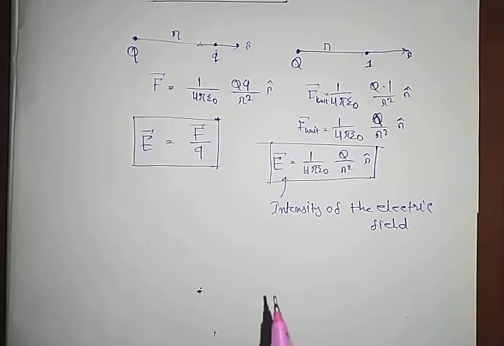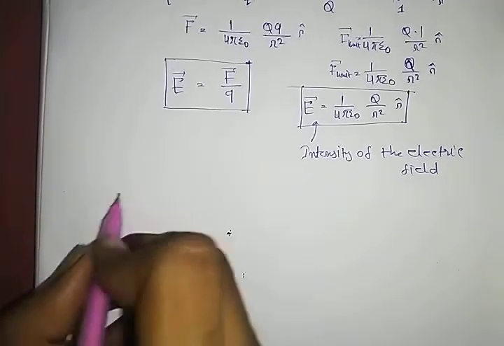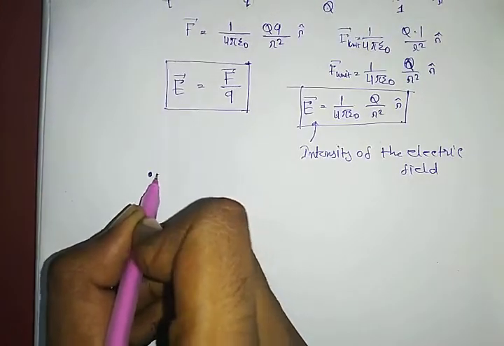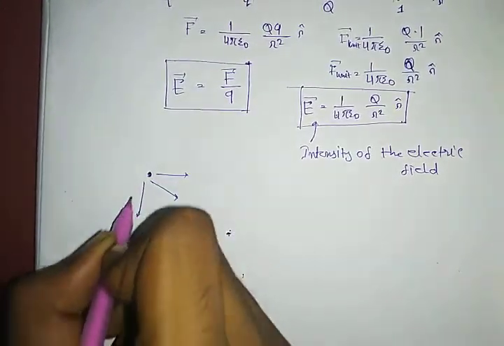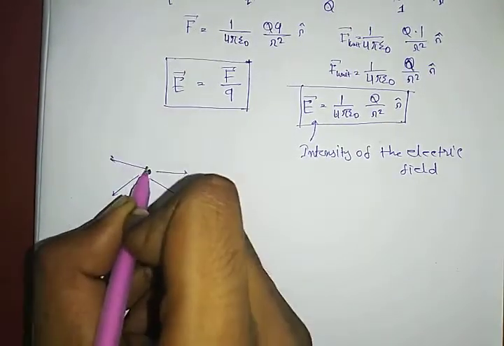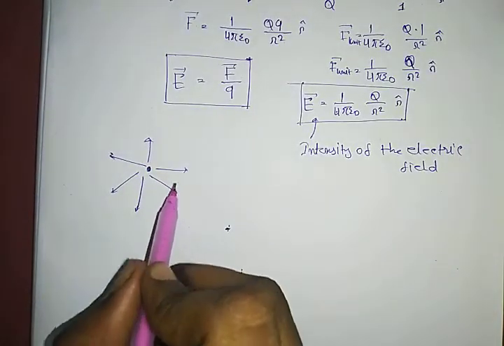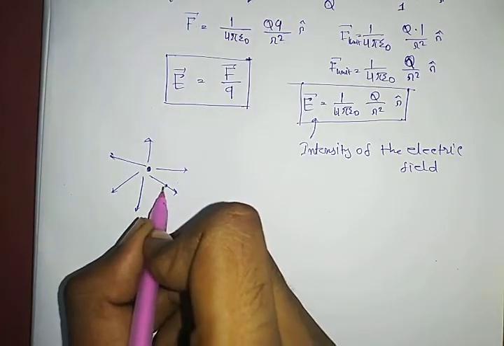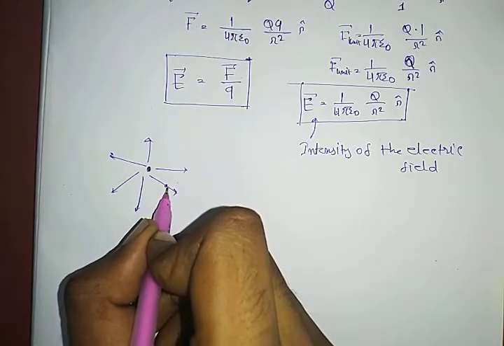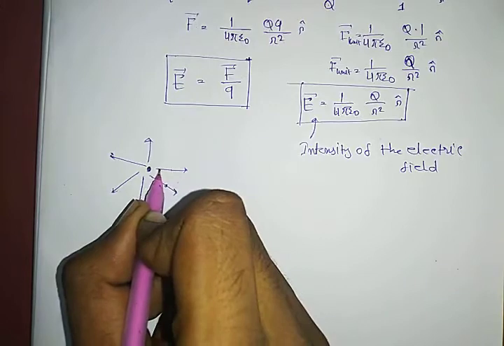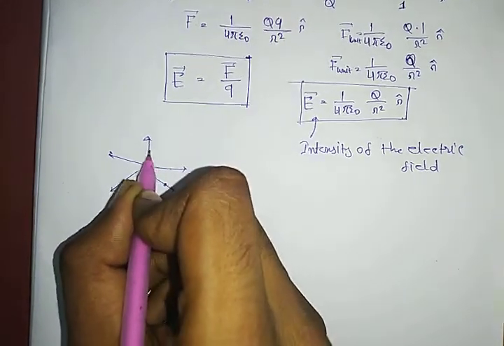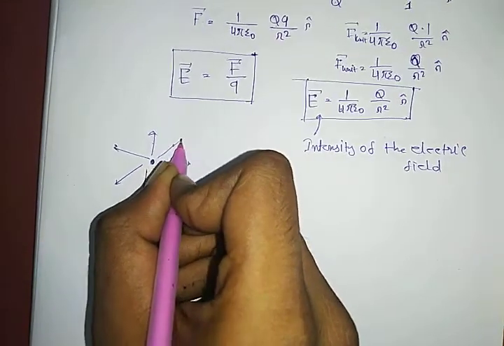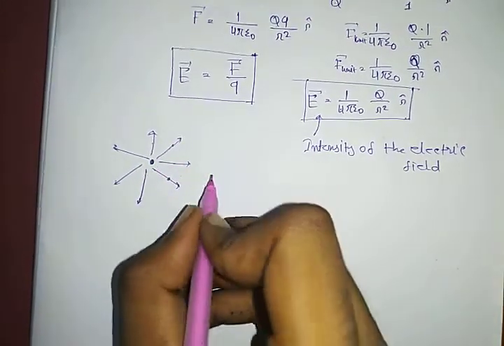So up next we are going to discuss how the electric fields behave when more than one charge is present. We know that for an isolated charge, electric fields will be directed like this. That is, if you take a positive charge here, the force will be directed along this direction when both these charges are positive. If you take it here, the force will be in this direction. Take it here, this direction. Take it here, this direction. That is radially outward.